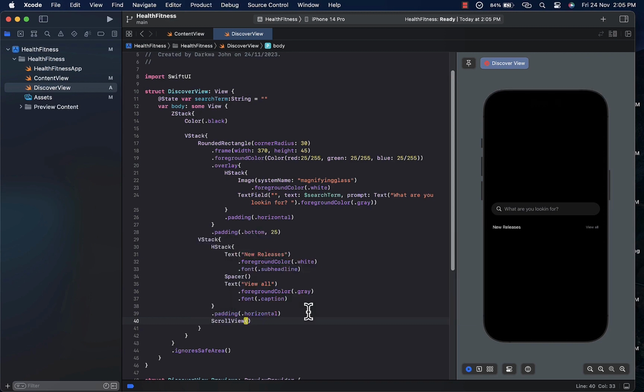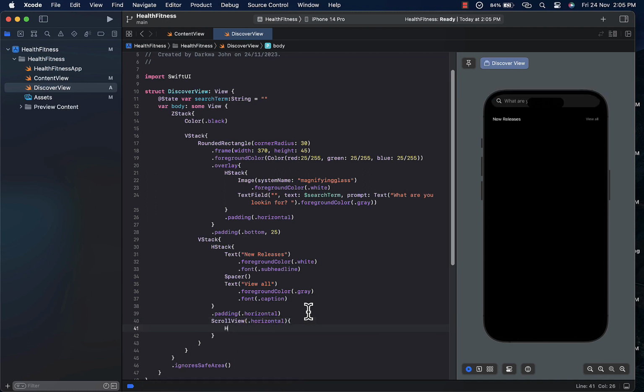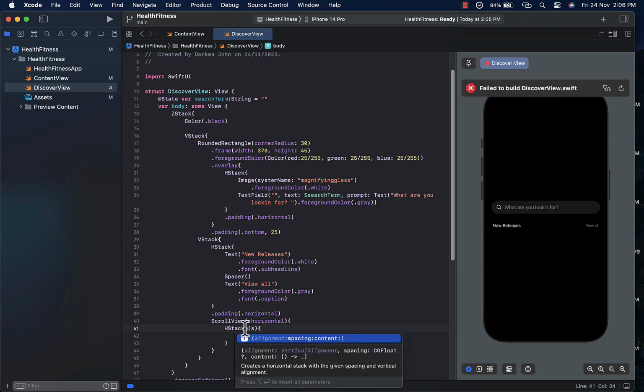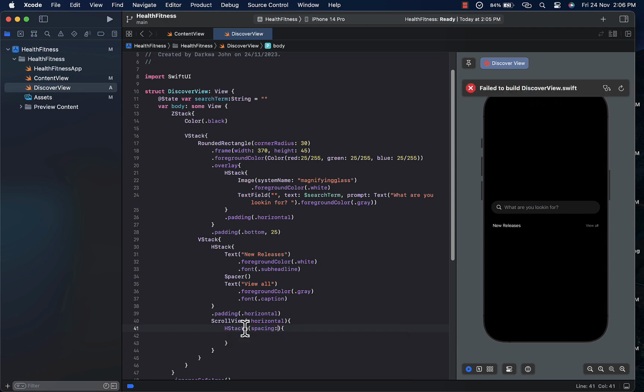So below that is going to be a scroll view. So this scroll view is going to be horizontal, right? So you can pass in dot horizontal, and in that we are going to return an h stack, right? Within the h stack, first of all, let's provide some spacing over here. So let's give the h stack a spacing of 20,